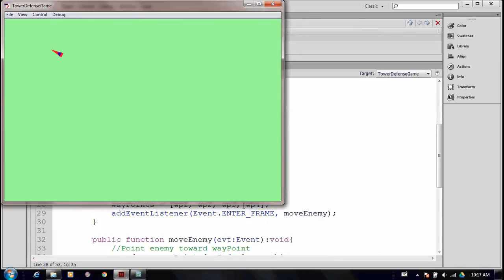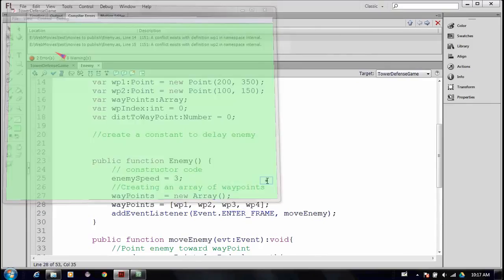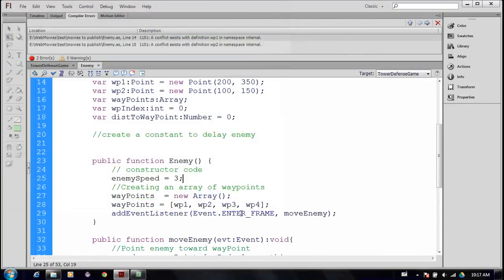And what should happen now is he should be moving nicely. He's not. And so let's see what's going on. I'm going to go ahead and hit end